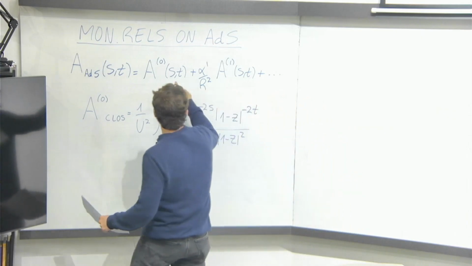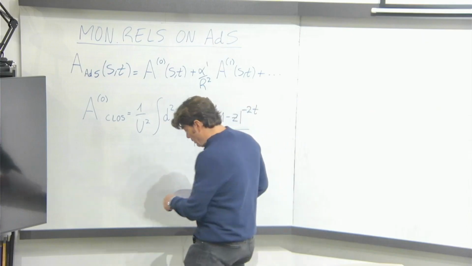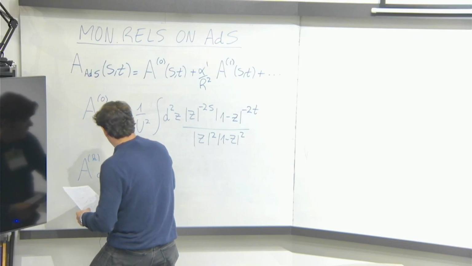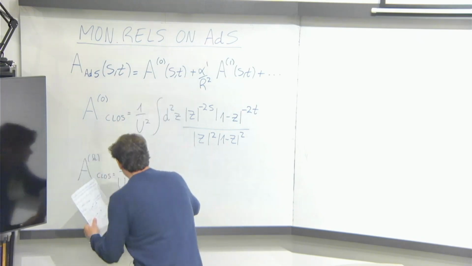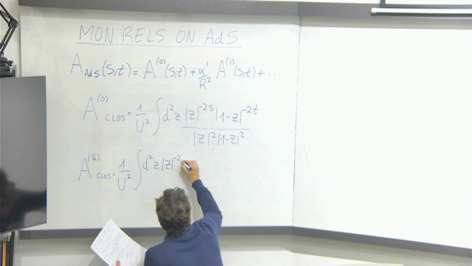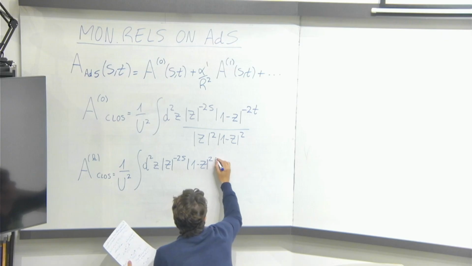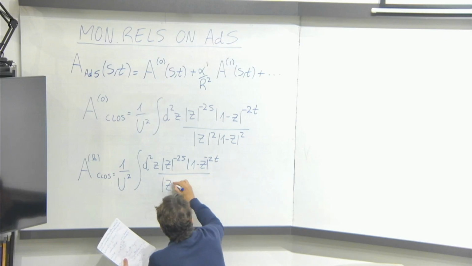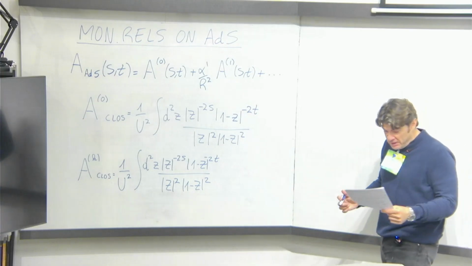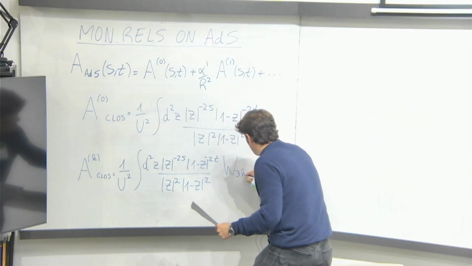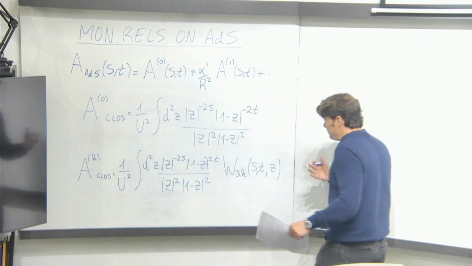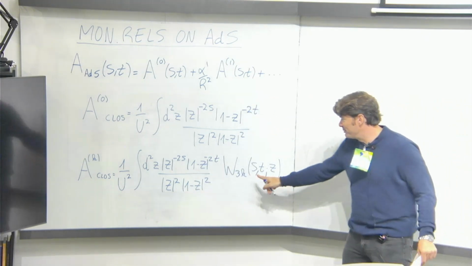And then AdS corrections, further AdS corrections, the proposal is that these corrections are given by taking the same integral representation, and in this integral representation, you insert certain beast, and this beast, let me call it generically W3K, which is a function of S, T, and Z. And to be a bit more precise, of course, this could be an empty statement if I don't tell you what the dependent